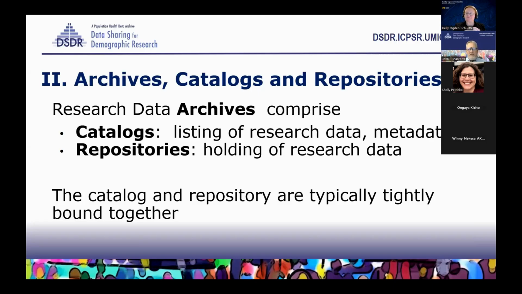It's the concepts I'm trying to get at, that there's this notion that an archive has a catalog, but there's also the repository. It's like in a library. In the old days, there was a card catalog, and then there were the books on the shelves. Our data is like the books on the shelves. We obviously don't have shelves, everything is digital, but we have a catalog and repositories. And for the most part, these catalogs and repositories have been tightly bound together, kind of working individually to each other.